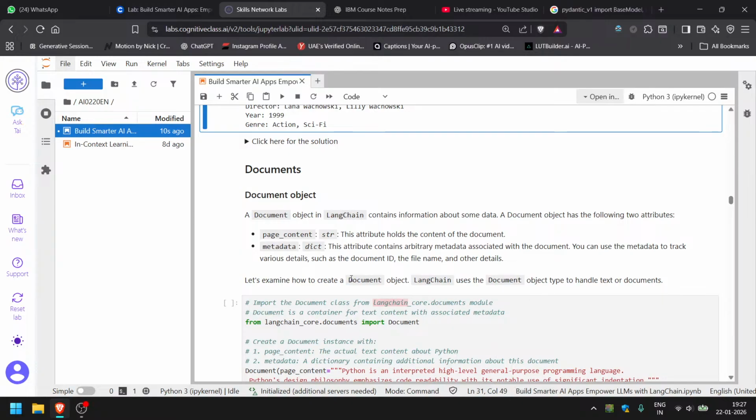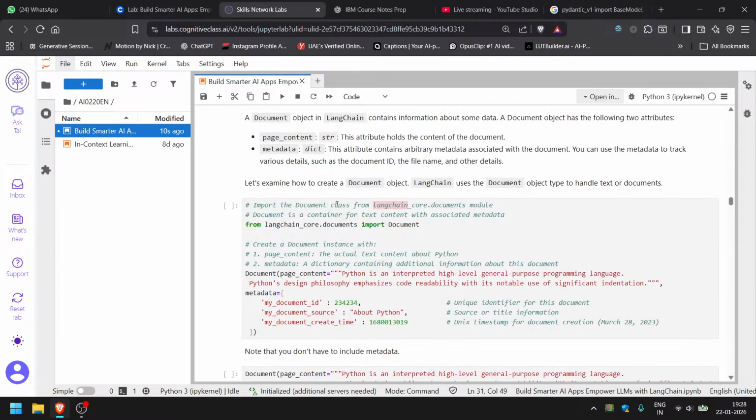So let's examine how to create a document object. LangChain uses the document object to handle text or documents. Okay, so we will first import the Document class from the LangChain core documents module. Document is a container for text content with associated metadata. From LangChain core we will be importing documents, import Document,